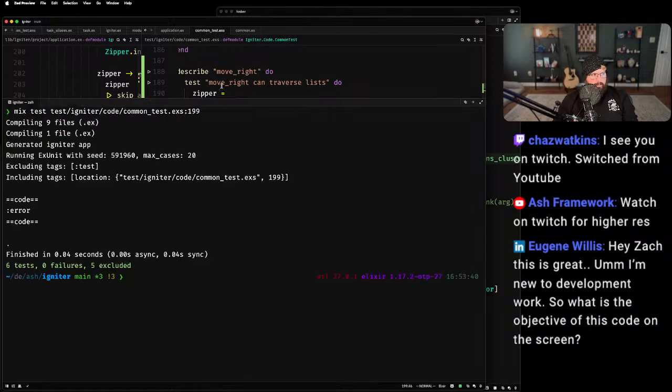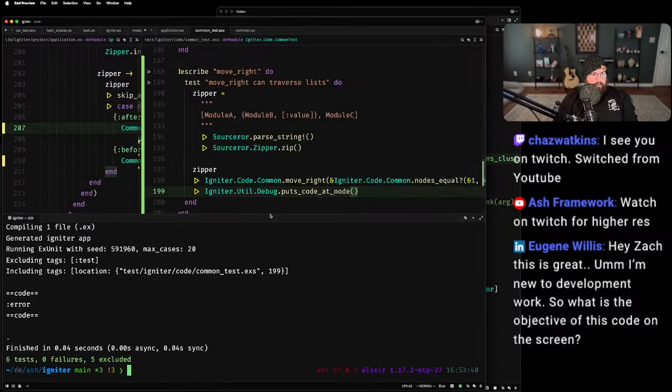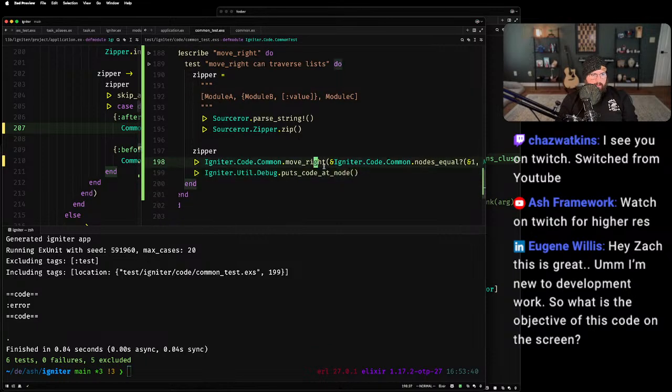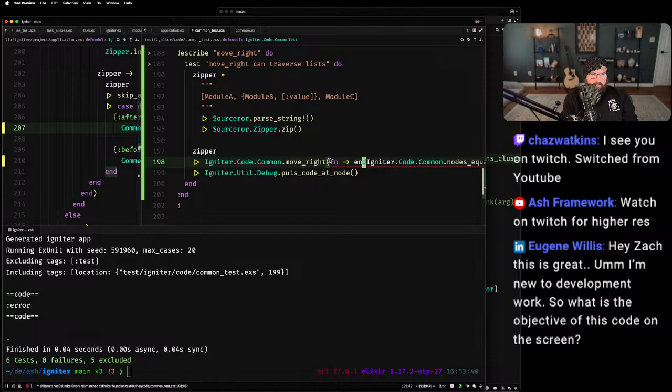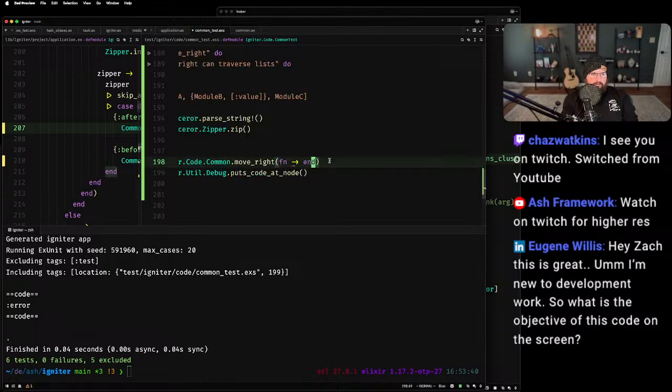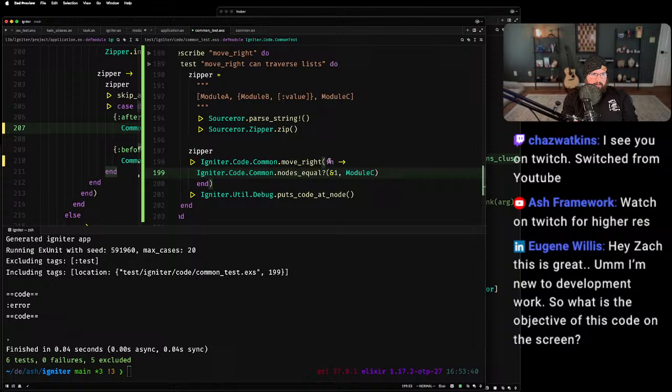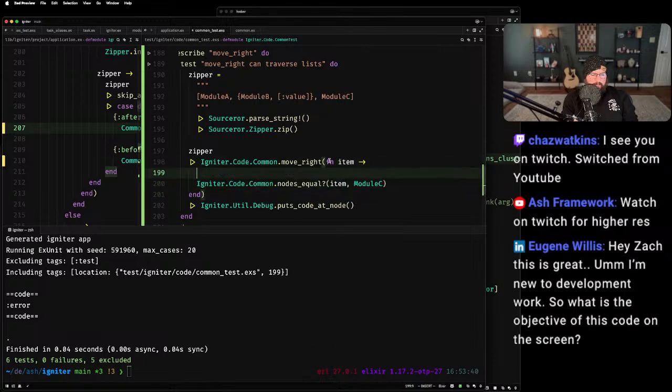Let's see. Okay, so that's interesting. It's not working. All right. So I think this is my sort of fundamental problem, is my move right to traverse a list thing is not the right idea. Right. So let's see.